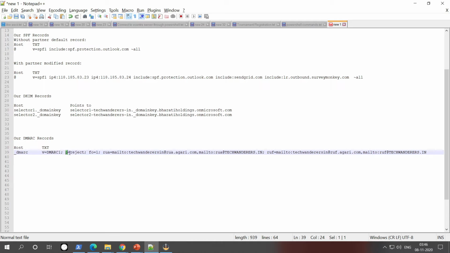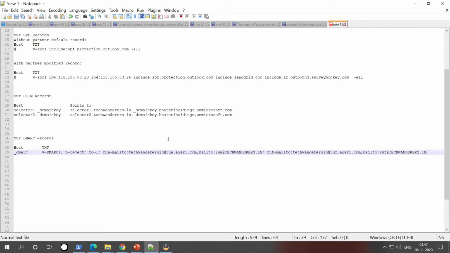The P is for policy. You can put these tags as DMARC1, P equal to reject. Reject is your policy: reject, quarantine and none. So I have selected the reject policy. Forensic report I have selected yes, and my aggregate report will be sent to these email addresses and my forensic report will be sent to these email addresses.